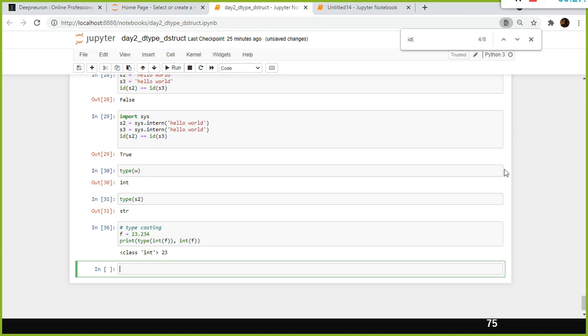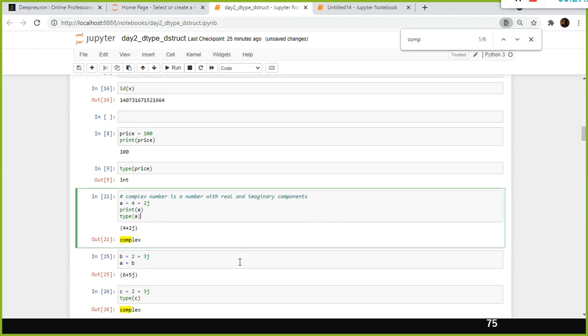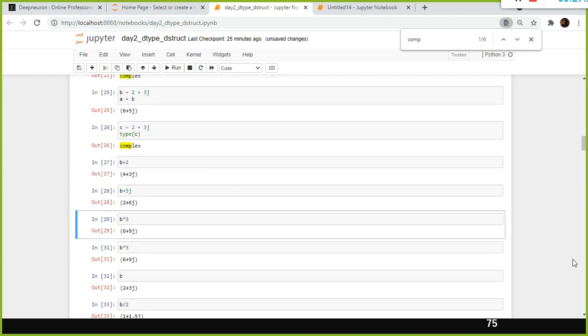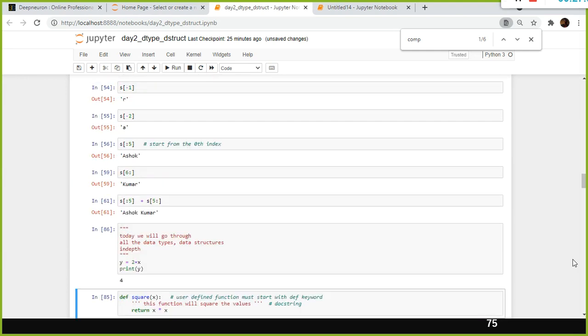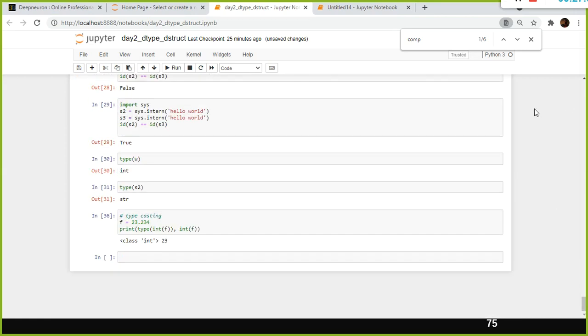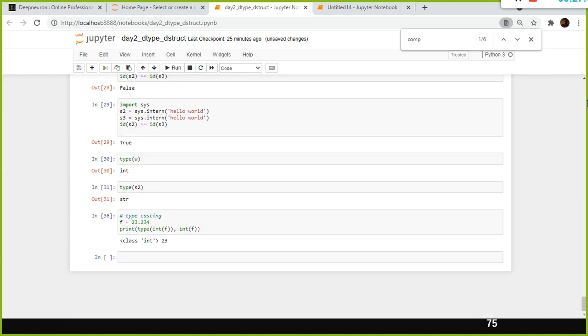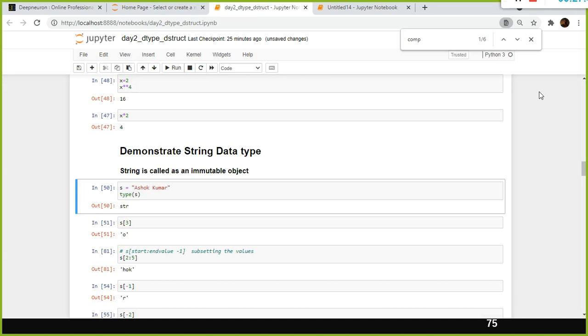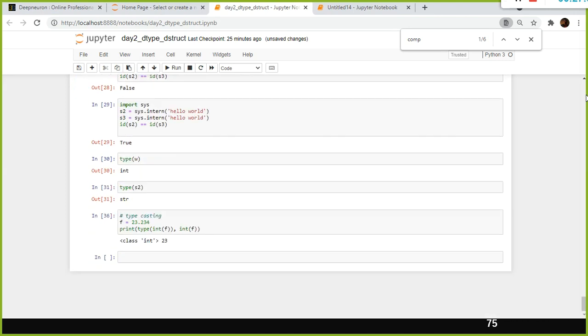We also discussed the complex data type, right? Plus, what is that? Complex number. Look here, this is what we discussed. And strings are immutable, we discussed that a string is an immutable object, and also how to slice the values of the string. Did you get a chance to practice this one? For literals it is okay, you can pick it up any time, it's very simple, so you don't have to worry too much about this.